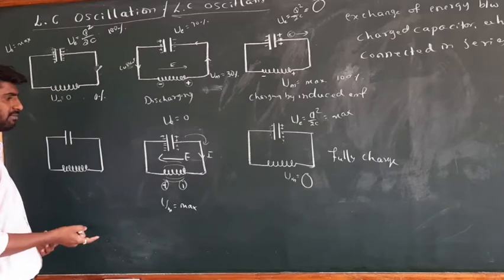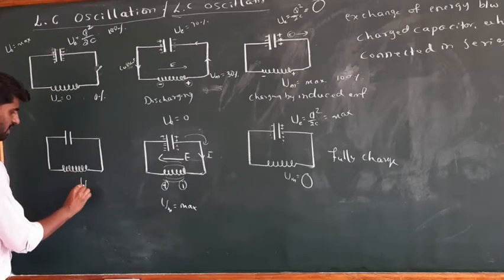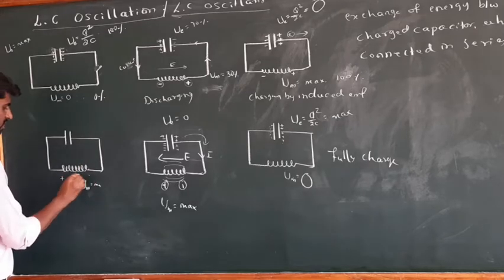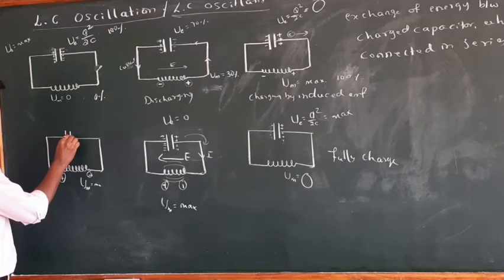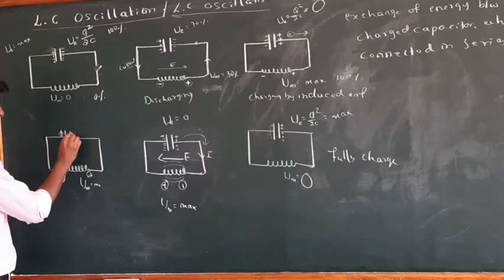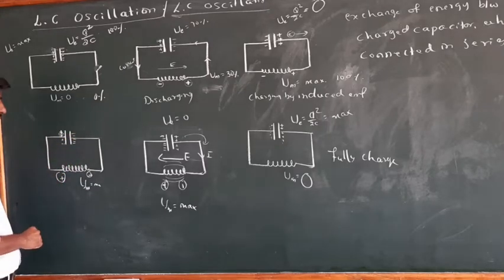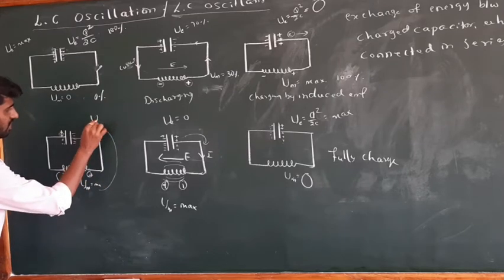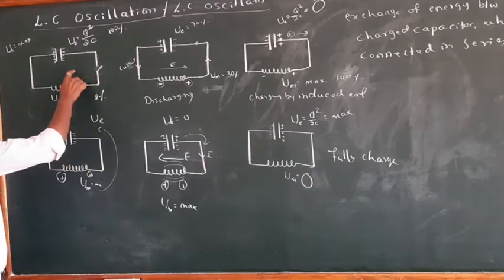Again the same thing. Once it is completely discharged, UM is maximum, again it starts to charge our capacitor. This becomes positive. See here, if it is positive, then it removes the electrons. There will be formation of positive, and depositing the electron here, this will become negative. Until all the magnetic energy converts into electric energy, which is the same step.